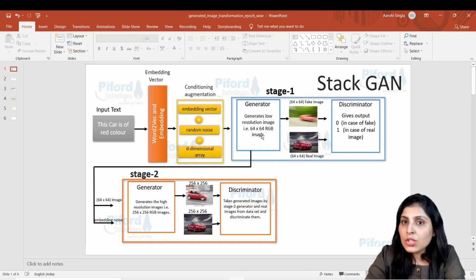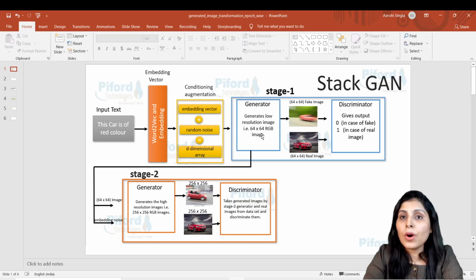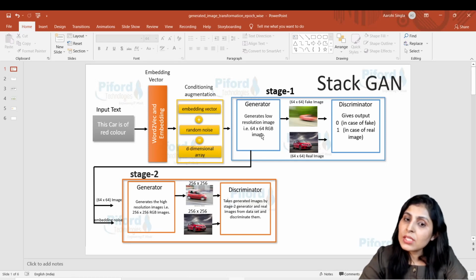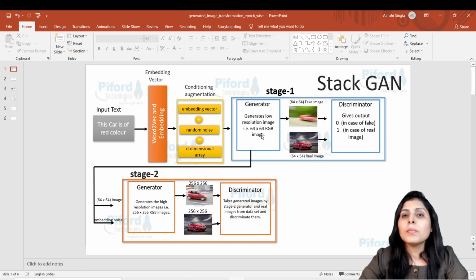See why these StackGANs work very well: because they work in stages. Stage 1 is giving us the output of a low resolution image. So what does it mean? Low resolution simply means this stage 1 generator is responsible for capturing the rough detail of the image.